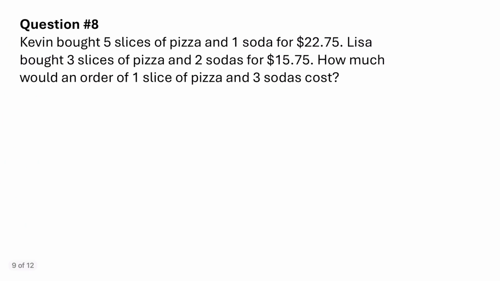Okay, so in this problem, it says Kevin bought 5 slices of pizza and 1 soda for $22.75. Lisa bought 3 slices of pizza and 2 sodas for $15.75. How much would an order of 1 slice of pizza and 3 sodas cost? Okay, so here we kind of have 2 different things going on, right? We have 2 sentences describing 2 different situations. So when you see 2 sentences in 2 different situations, that's a clue that you have a system